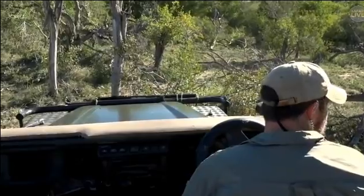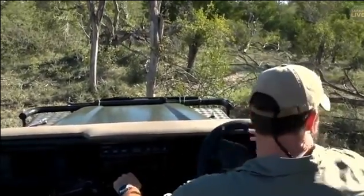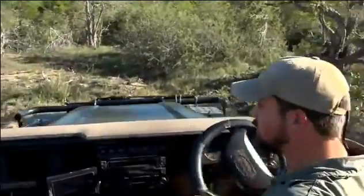Now, I don't think we're going to be able to go any further at all, so what I'm going to do is go back to the road and just go around and see if I can get onto the other side there, because there's too many fallen over trees here, and it's